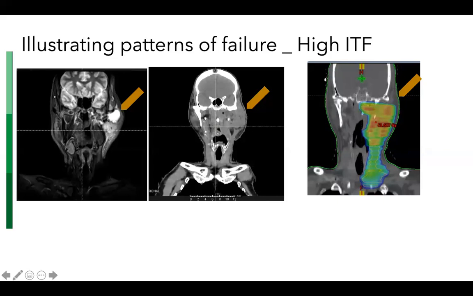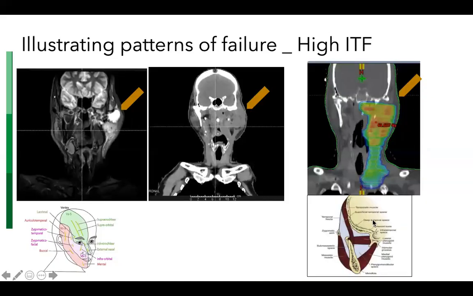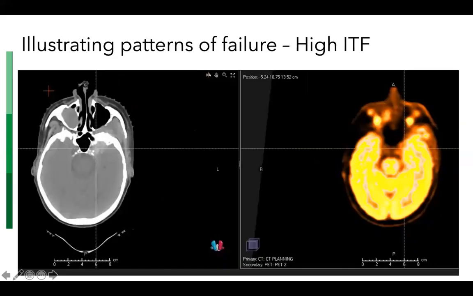He had an upper alveolar lesion. And you can see why. So if this is the temporalis muscle, it's going to track along the temporalis muscle and reach here. So that is how this patient has failed in this area. This is another failure. You could see the pterygopalatine fissure, superior to that, and then here cavernous sinus, and so we see this failure. The radiation dose was just a cut below this, but actually this patient had a failure right inside. Most of the volume was actually inside the previously treated area.